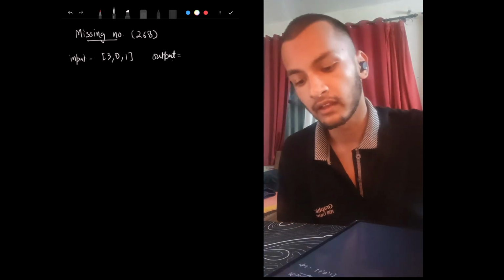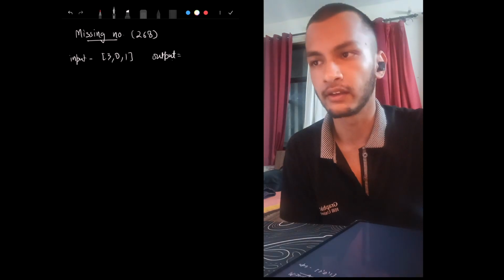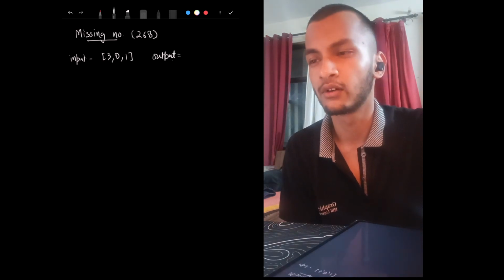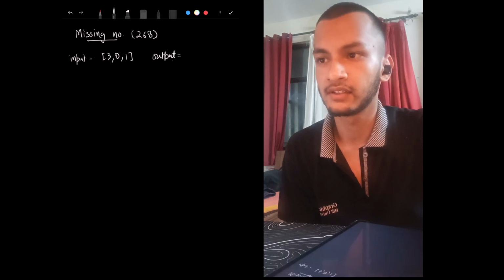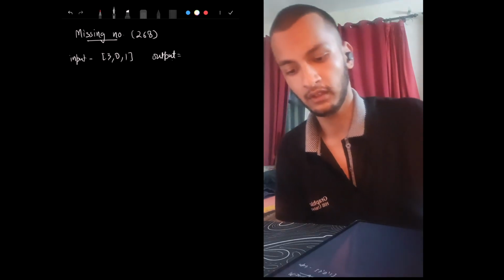So we are given an array nums containing n distinct numbers in the range 0 to n. Return the only number in the range that is missing from the array. So let's take